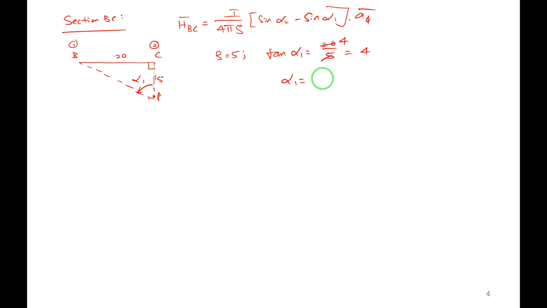So alpha 1 is equal to tan inverse of 4. So we'll calculate tan inverse of 4. So we are getting it as 75.963 degrees. But observe here, alpha 1 is measured below this. Just rotate it so that CB will come straight like this, right? And P will come here. So it is below. Angle is measured below. So alpha 1 is minus. So alpha 1 is equal to minus 75.963 degrees.